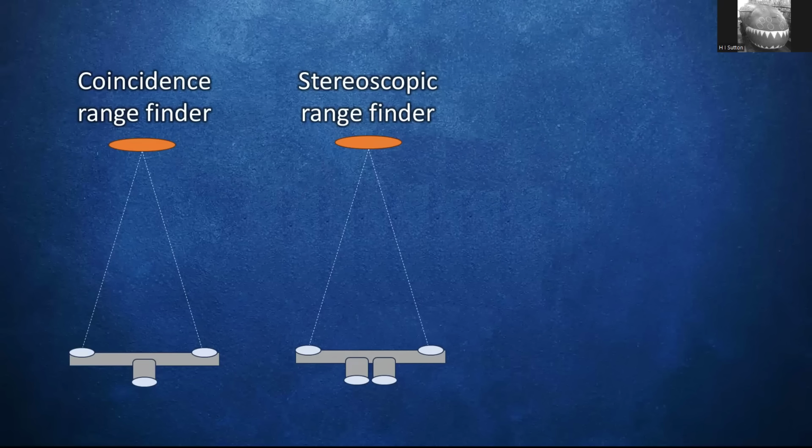There's two types of rangefinder here. Both of them have two sort of lenses that you look at the ship on and you use triangulation. The coincidence rangefinder, which Britain and its allies used, had a single eyepiece and you line up the two images. And you typically use a vertical part of the target to find your overlapping point. With a stereoscopic rangefinder, you put both eyes on binoculars, you look through with both eyes at once and